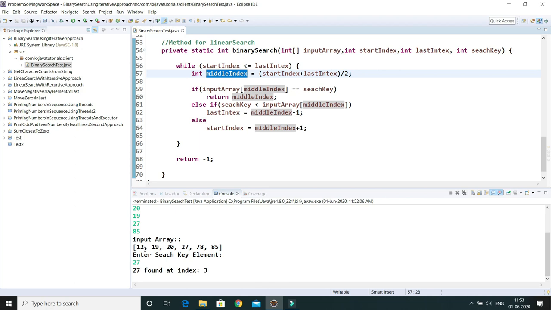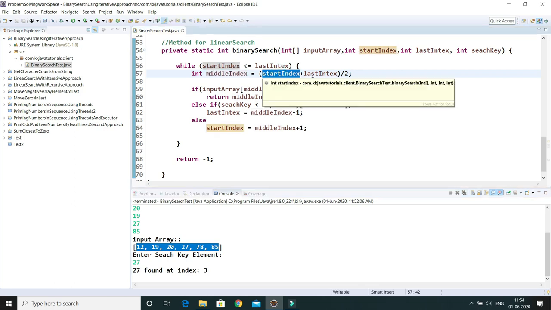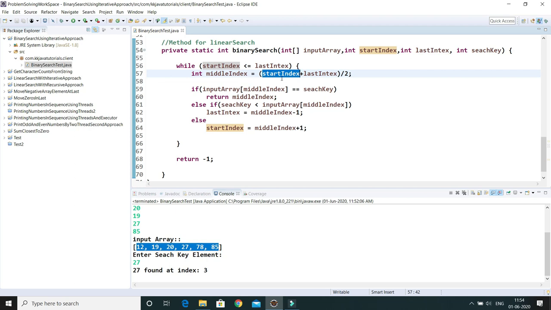So if you look at this input array, we have a size of 6. Size of 6 means the start index is 0, and the last index would be 5, because it is array length minus 1. So 5 divided by 2, this will store 2 into the middle index.